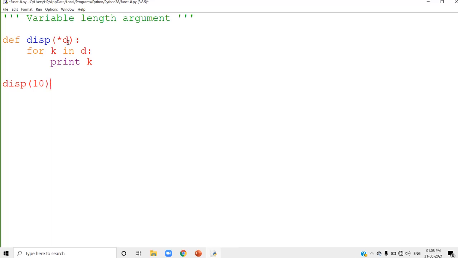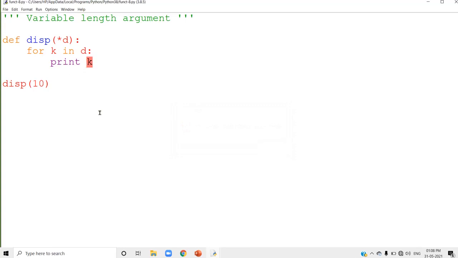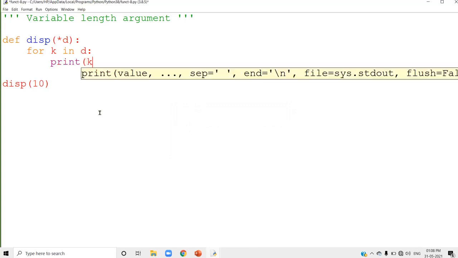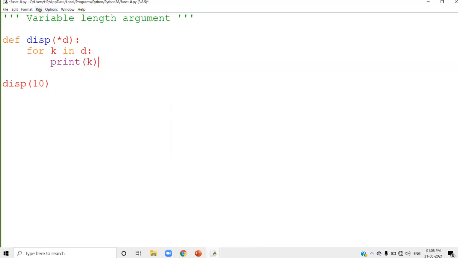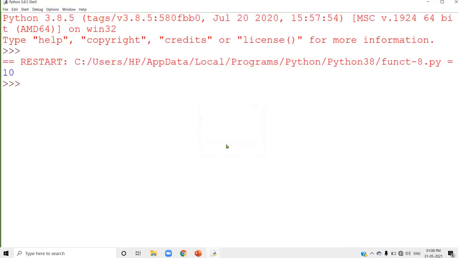So only 10 is passed to D. And using this for loop, we are extracting 10 from D and displaying. So just run this program. Print, it must be inside the bracket. Yes, only one value is displayed there.